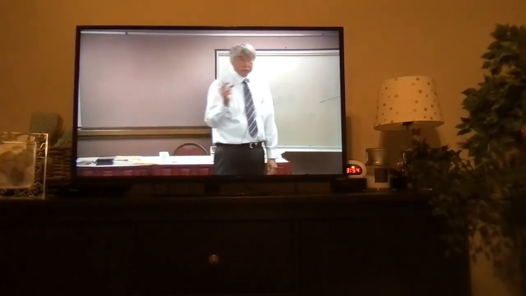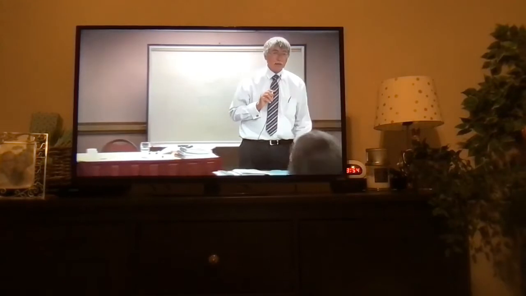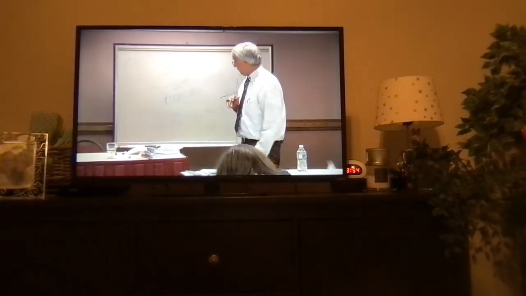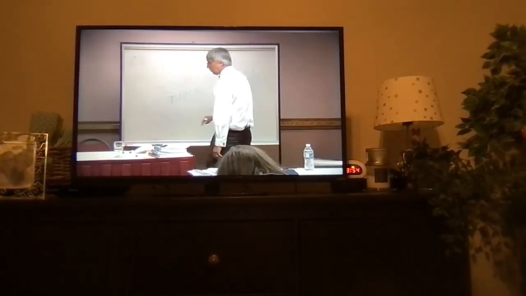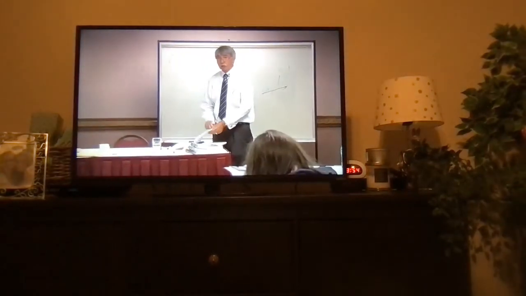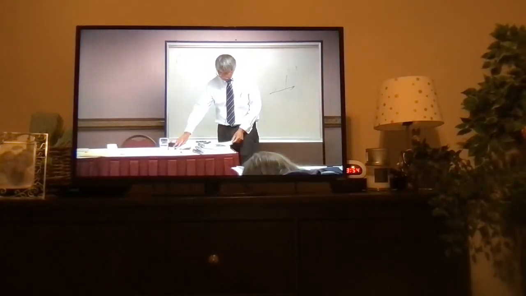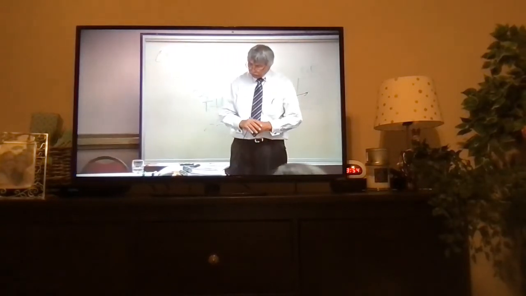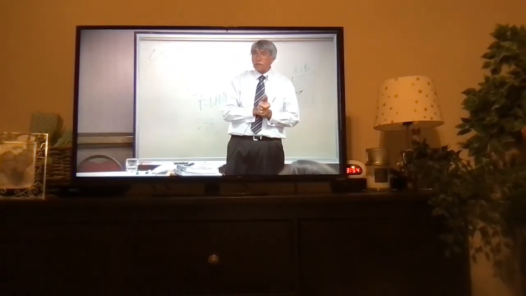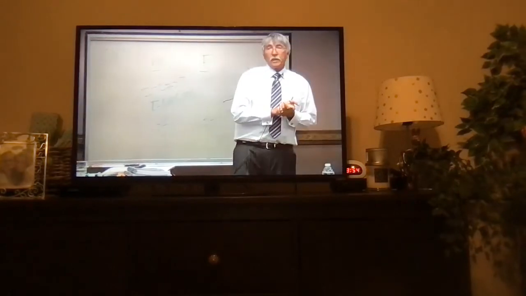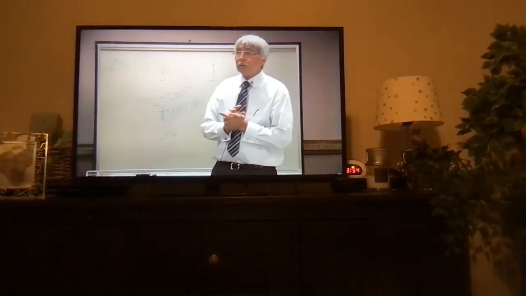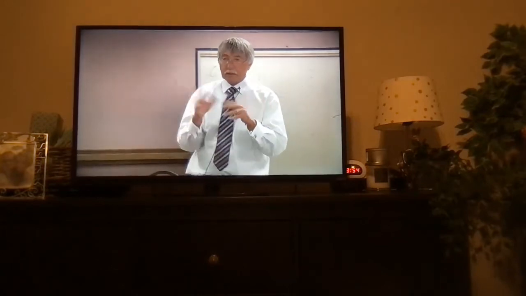But there's also a flip side to type 1 error. It's called type 2 or beta error. Beta error means you fail to reject the null hypothesis when you should, when there is in fact a difference. You're likely to do one or the other, at least to some extent. The higher you set your significance level, the more likely you're going to make the other error, and vice versa. So there's a relationship there.